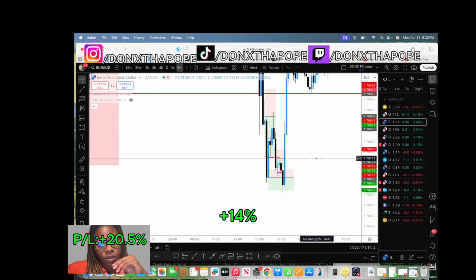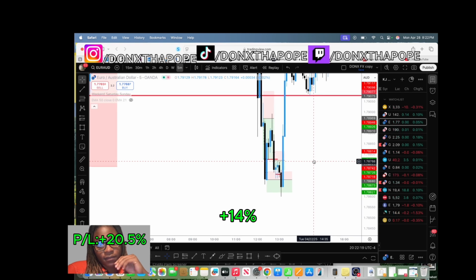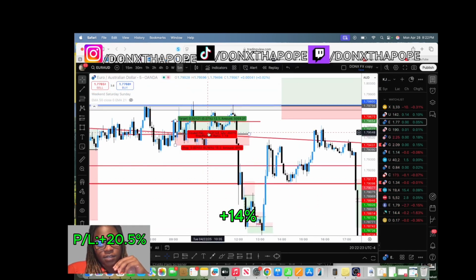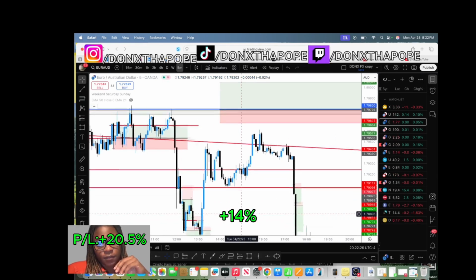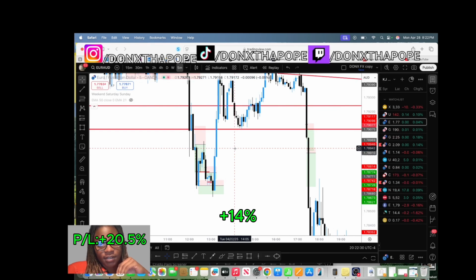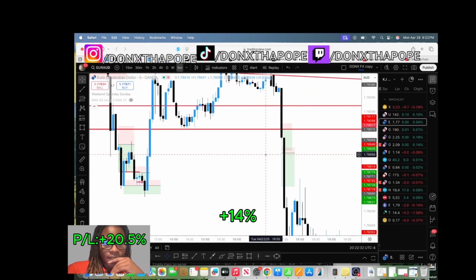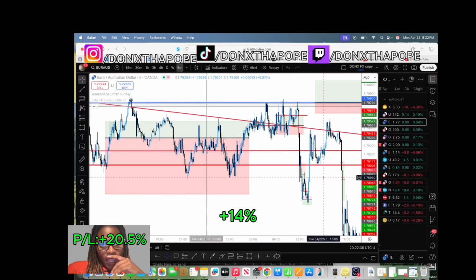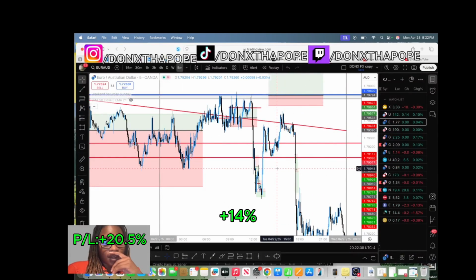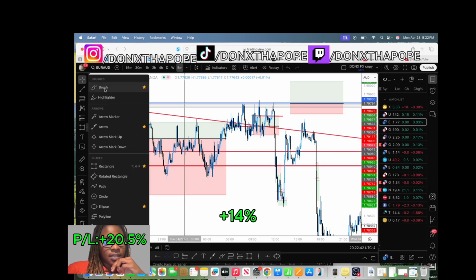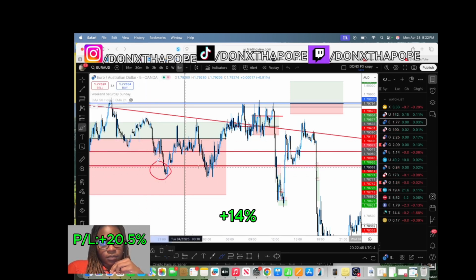So 3.5. 5. Boom. Mind you, this is 1, 2, 3, 4. That's 4 trades, and I got a 4.5. Boom. And then on the trade, I said, oh, I can't wait for it to come back down to start selling. I liked this area, as you see. I like this area entrance.